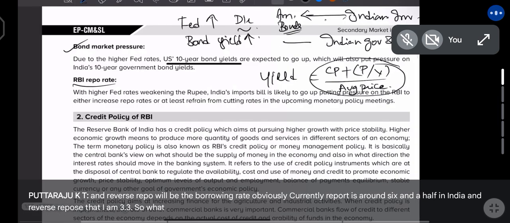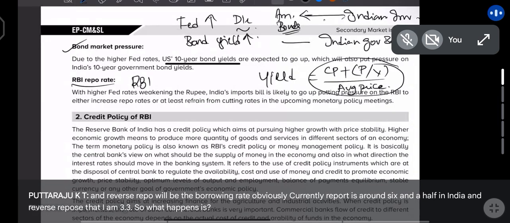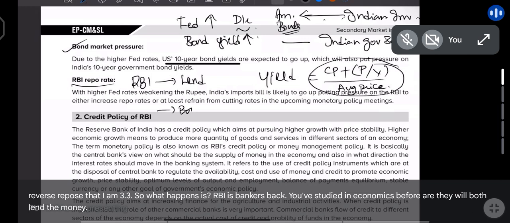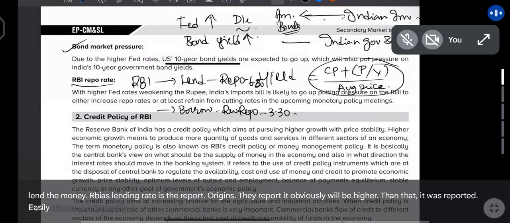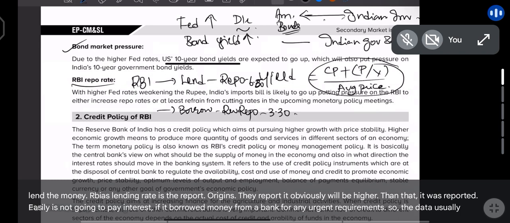So what happens is the RBI is the bankers' bank. We have studied this in economics before. The RBI will both lend money and borrow. The RBI's lending rate is the repo rate. The RBI's borrowing rate is the reverse repo rate. The repo rate obviously will be higher than the reverse repo rate usually. The RBI is not going to pay much interest if it borrows money from a bank for any urgent requirement. So the rate is usually lesser, but the RBI lends at about